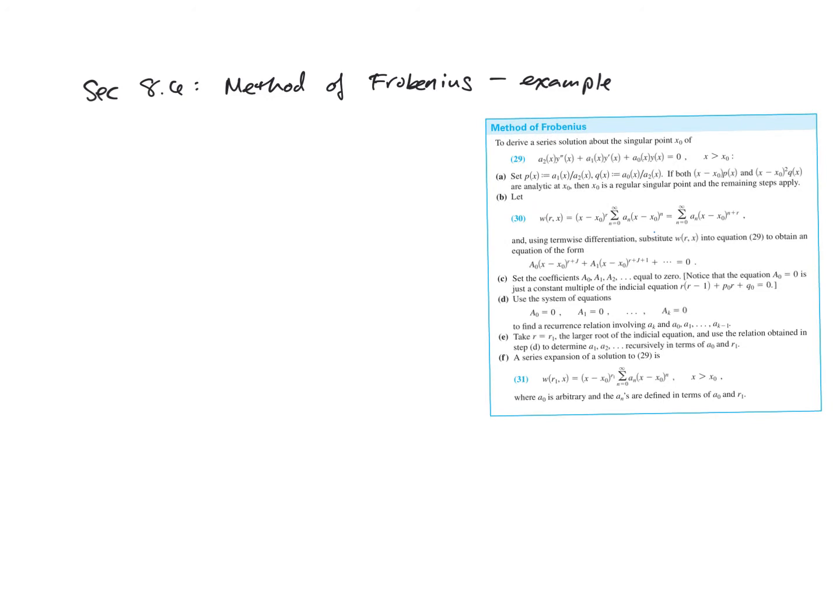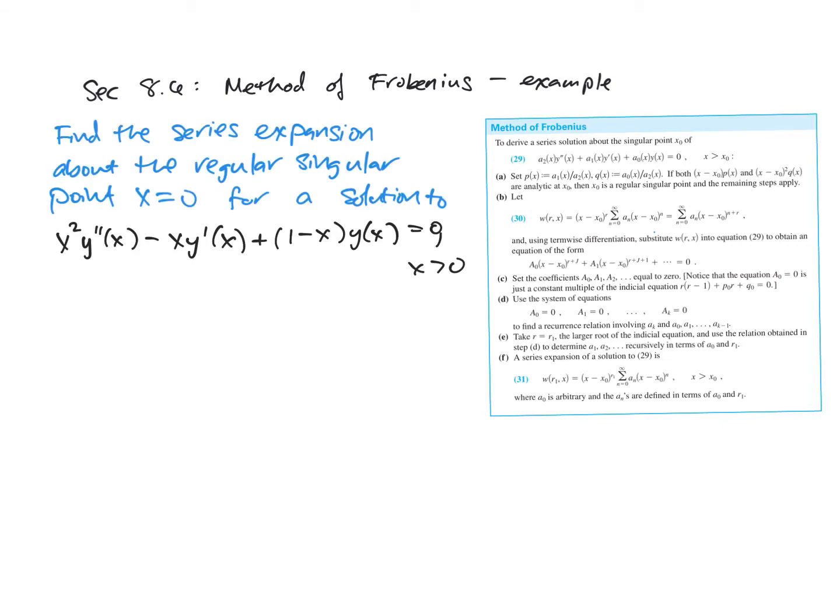So let's start off. Here's our equation. So let's go through the table and do what it says to do. So we'll do step A, and that's to figure out what P of X and Q of X are, to put this kind of in our standard form. So our P of X, we're just going to divide everything by X squared, and P of X is going to equal negative X over X squared, which equals negative 1 over X, and Q of X equals